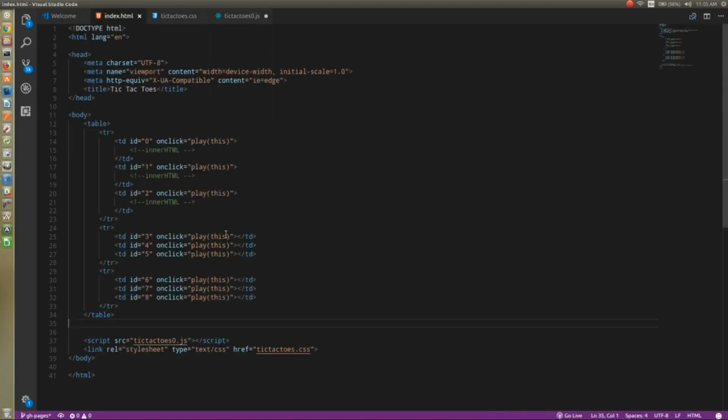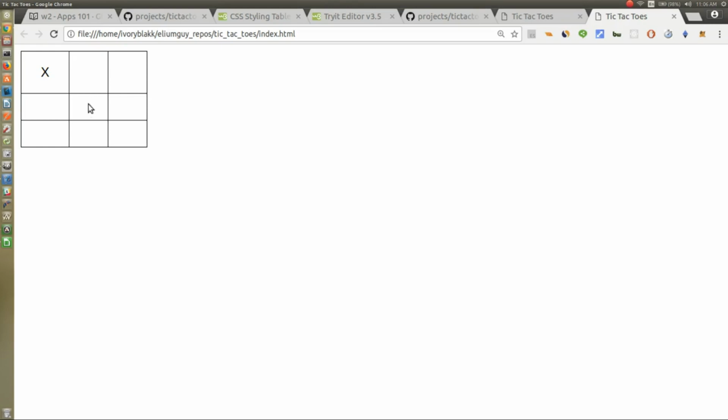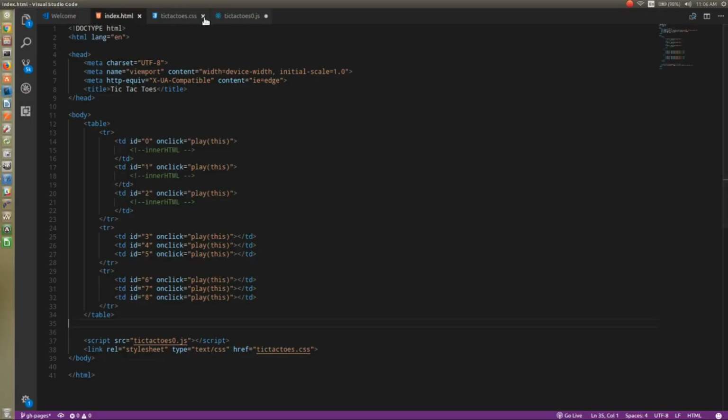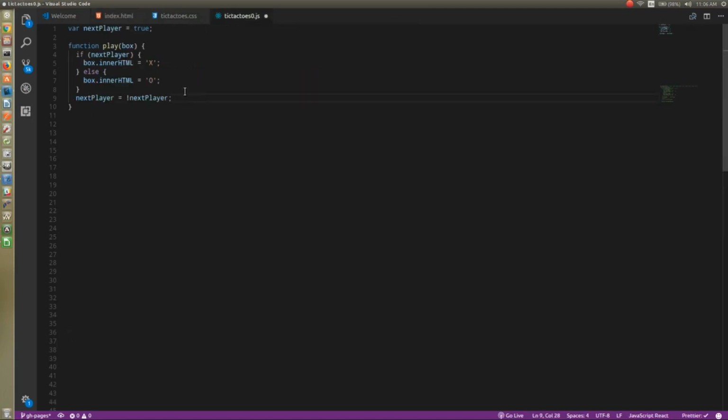Play this. Now let's test the rest of these boxes. So I have an X. And now this should be O because of our if statement. So if next player is true or false, it should convert to O. So next player should be false. And there it is. Now, just to make that more visual so you can see how this bang operator works,